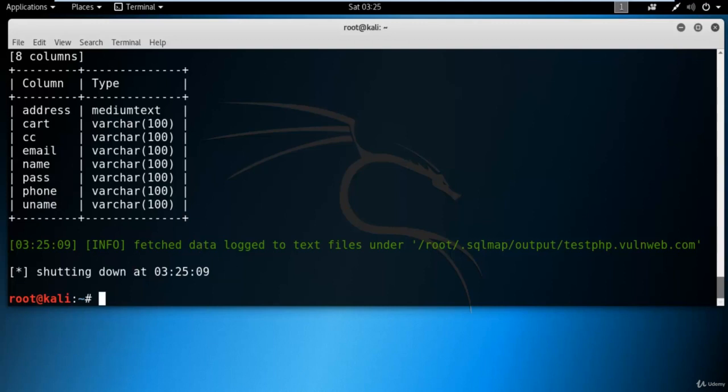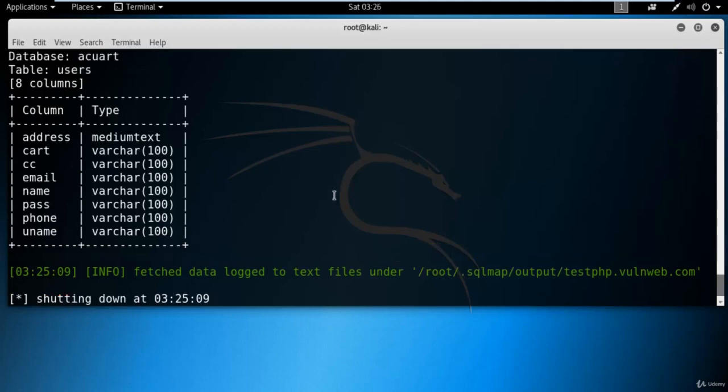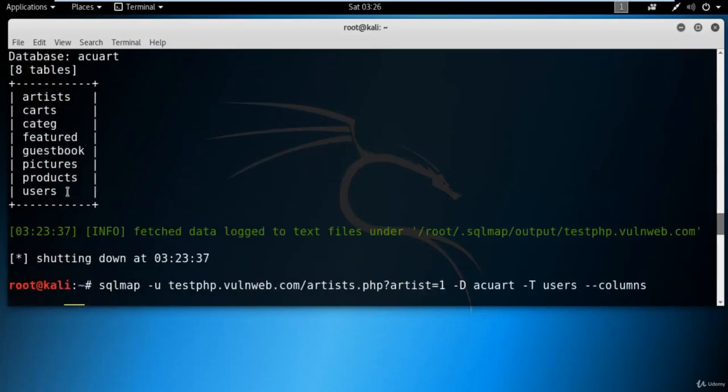To get username information, you can type sqlmap -u, paste here the link, space capital -D, and you need to specify the name of the database, which is Accurate, then capital -T. You need to specify the table name. I think the table name was users.